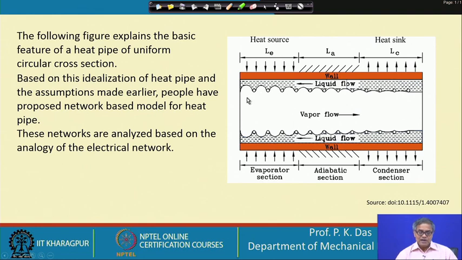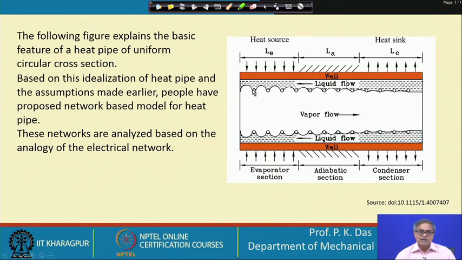So, in the evaporator section, basically evaporation takes place and liquid is converted into vapor. So, here we are getting this kind of geometry of the free surface or meniscus. So, that is one aspect of it, that means liquid evaporation is taking place, and that is why we are getting this. But the other aspect, these curvatures are very important because due to the presence of the curvature at